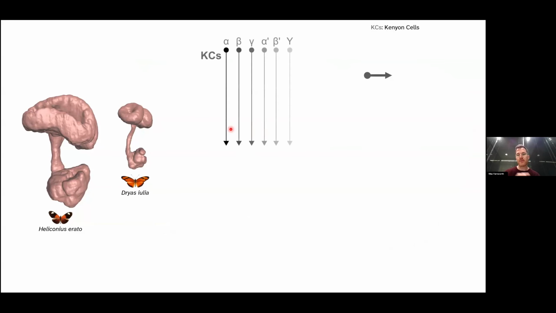I said centers of learning and memory and connecting the external with the internal, right? What does that mean? So in terms of cell types, the mushroom bodies are divided in three main cell types. The first one is the Kenyon cells. Kenyon cells are the numerically most dominant cell type of the mushroom bodies. They occur in different types, and they're actually related to a very small pool of progenitors, up to 2 or 4 neuroblasts, so stem cells originally. And they produce a lot of cells in the adult form. So, for example, in the pollen feeders, there are roughly 80,000 cells per hemisphere from only a couple of stem cells. So they're super, super interesting.